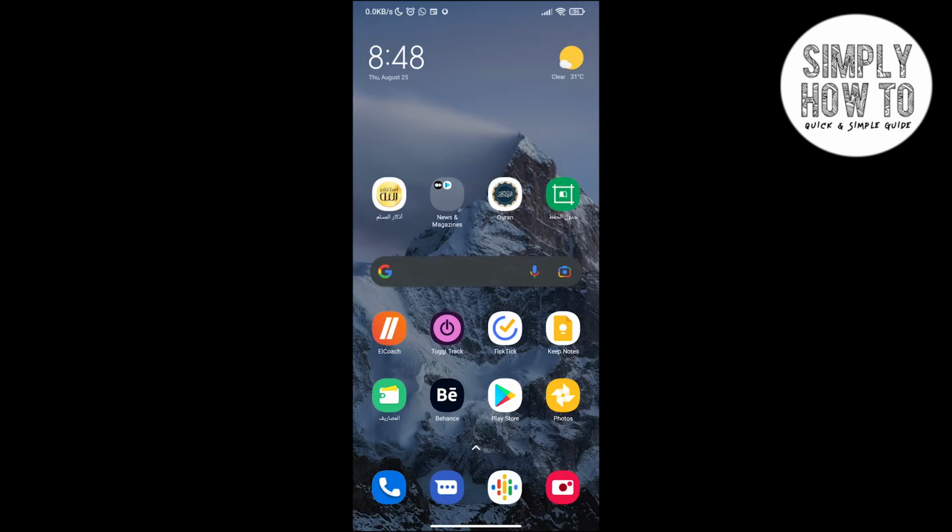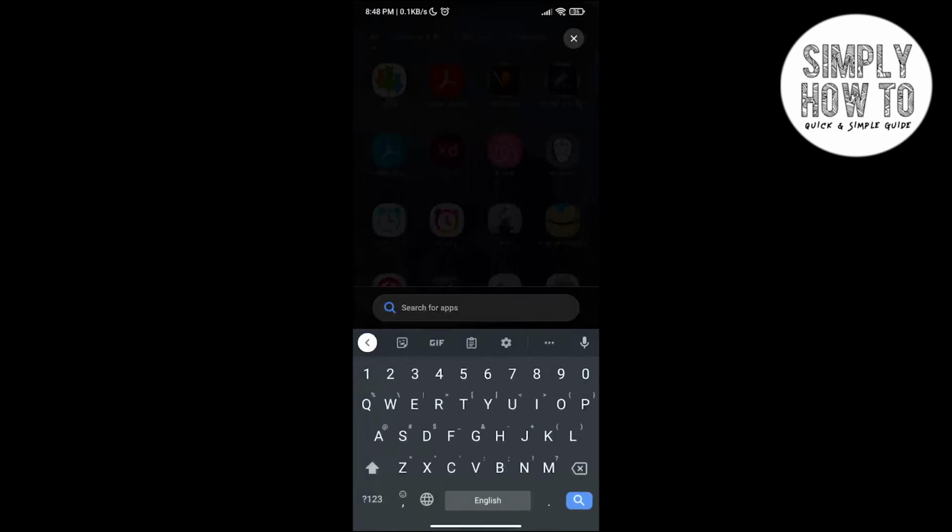In Google Maps, by default, it's set to change automatically between the light mode and the dark mode according to the time. If you are before the sunset, it's gonna be using light mode. If you're after the sunset, it's gonna be using the dark mode. But if you want to use the dark mode all the time, all you're gonna do is go to Google